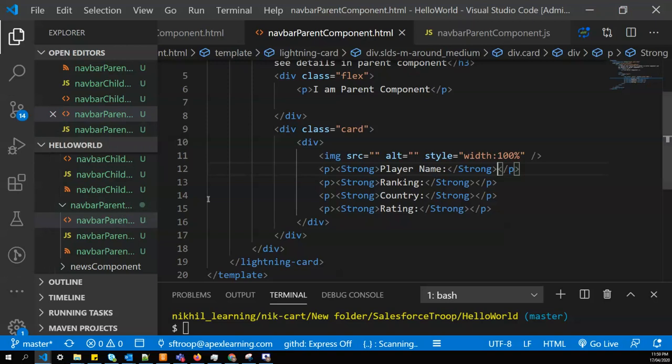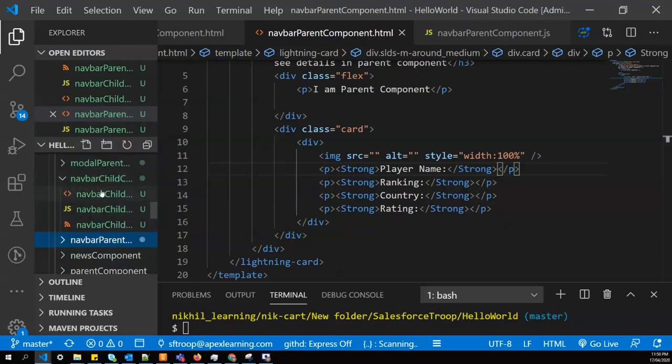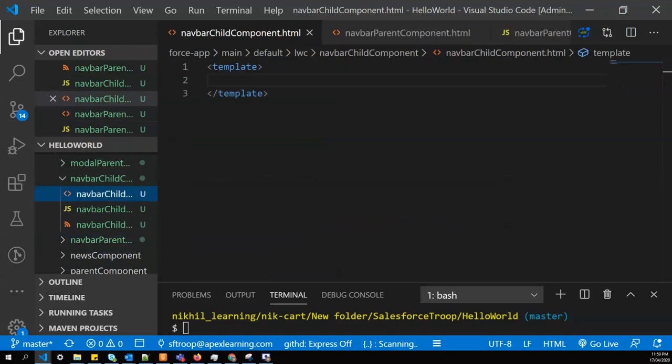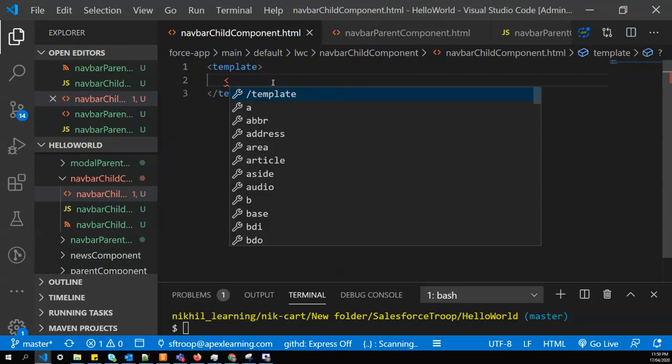So before that, we'll create our child component, and the child component is pretty small.